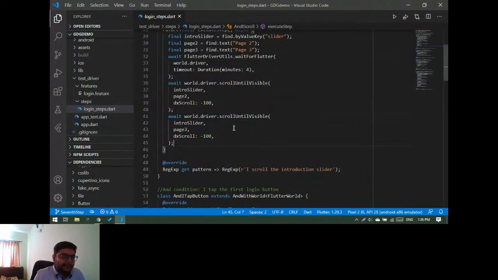सो सेकेन्ड स्टेप यसै गरी सकियो। अब थर्ड स्टेप भनेको आई ट्याप द बटन है त, किनभने अघि हामीले हेऱ्यौँ एप्लिकेसनको डेमो हेर्दाखेरि स्क्रोल गरिसकेपछि हामीले बटन क्लिक गऱ्यौँ। सो त्यसै गरी नाम दियौँ एन्ड विथ फ्लटर एक्सटेन्ड गऱ्यौँ। एन्ड स्टेप भएको भएर दुईटा ओभरराइड क्रिएट भयो। एक्जिक्युट स्टेपमा हामीले फाइन्ड द टेक्स्ट गरेर लगइन भेट्यौँ किनभने यो युनिक छ त्यो पेजको लागि। त्यो बटन क्लिक भेटिसकेपछि चाहिँ ड्राइभरलाई वेट गऱ्यौँ र फ्लटर ड्राइभर युटिल्स डट ट्याप मेथडले चाहिँ त्यो बटनलाई हामी अब ट्याप गर्छौँ किनभने बटन हामीले फाइन्ड गरिसकेको छौँ। रेगुलर एक्सप्रेसन त्यही एज युजुअल भइहाल्यो।